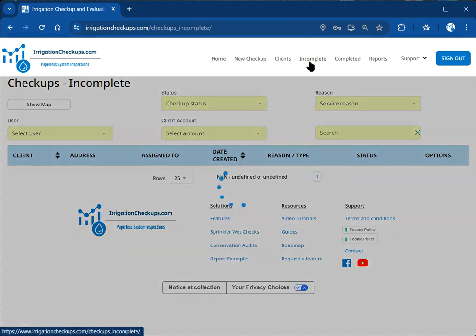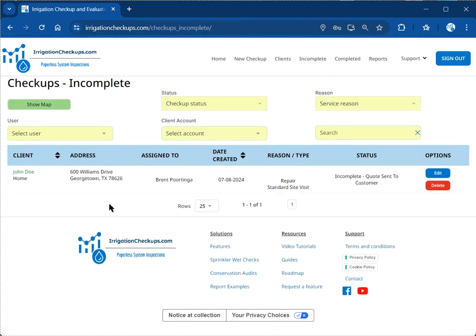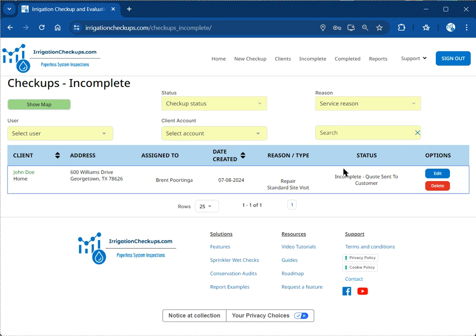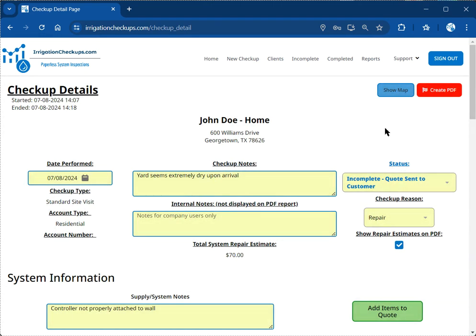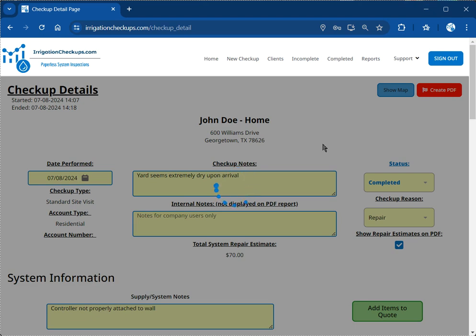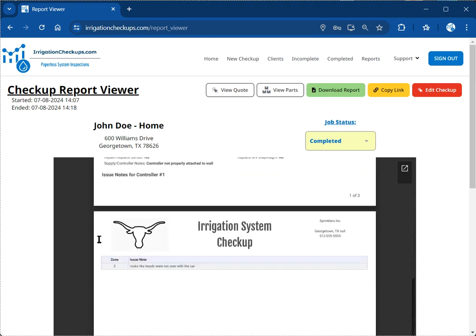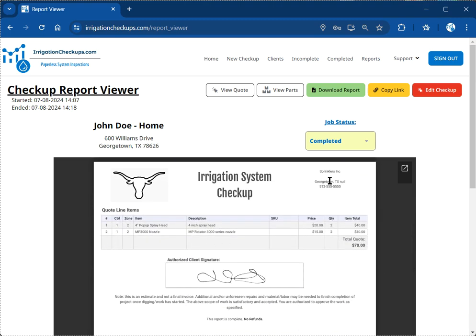And if we go to the incomplete box, we can see that we still have a status of incomplete, quote sent to customer. So if we go and finish this job, we can change to completed. We can generate the final PDF again if we want, and we will then again see that the signature is on there. Job status is completed. So